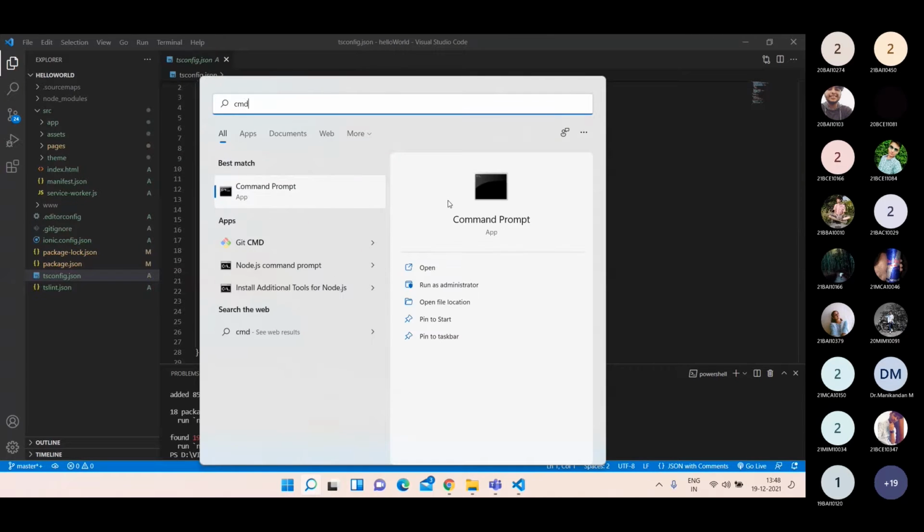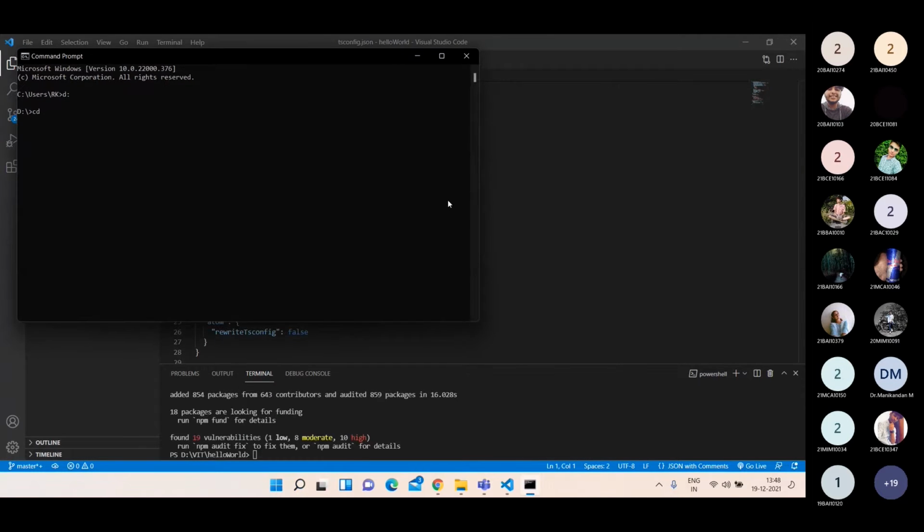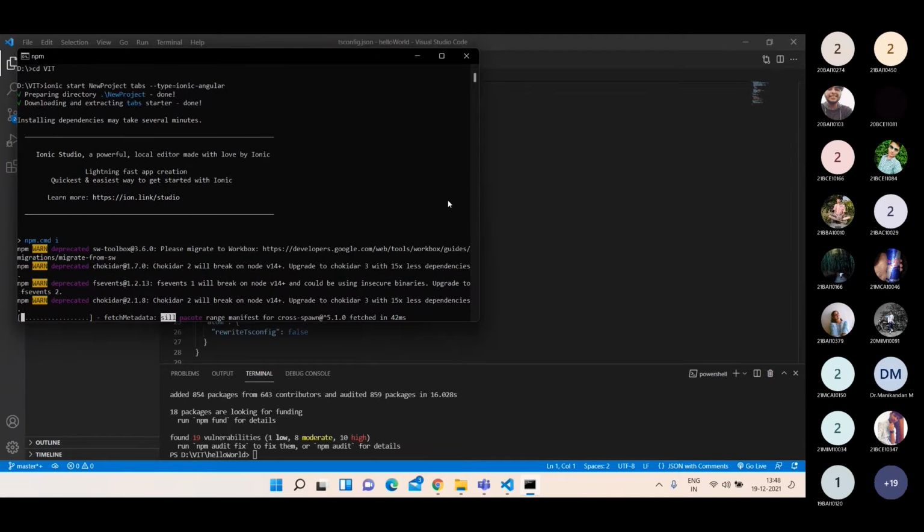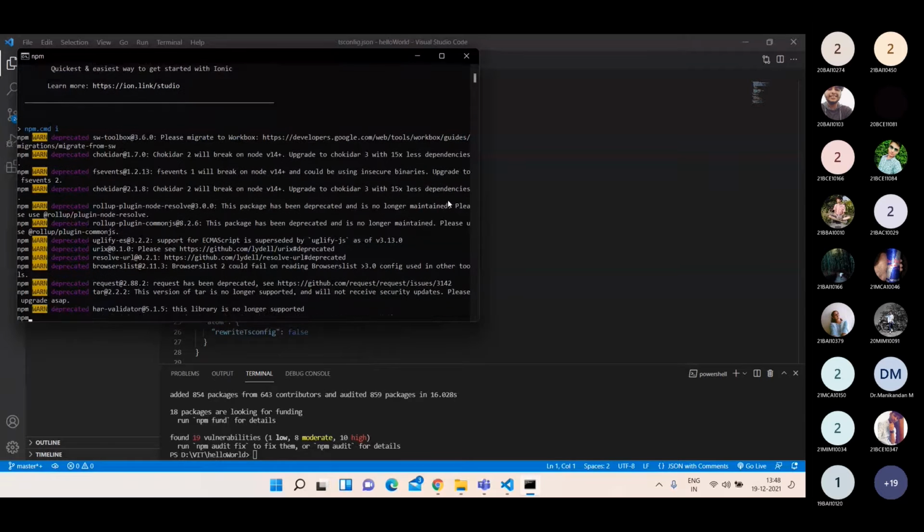Let me open my command prompt. Let me create another project. Let me give ionic start, new project, tabs, hyphen hyphen type is equal to ionic angular. If I create a project like this, while running it I can get a different output. Let me show you how it will work.